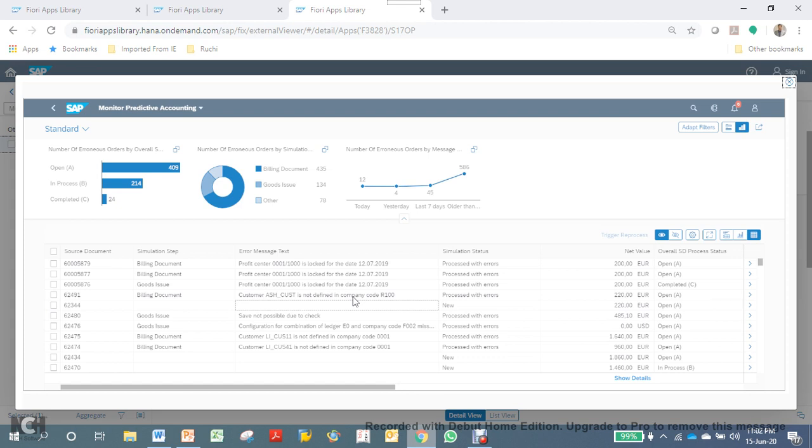You have to unlock the profit center or change the profit center in the sales order. So this is a very powerful app which will help you to resolve the errors. You can monitor it on a regular basis.